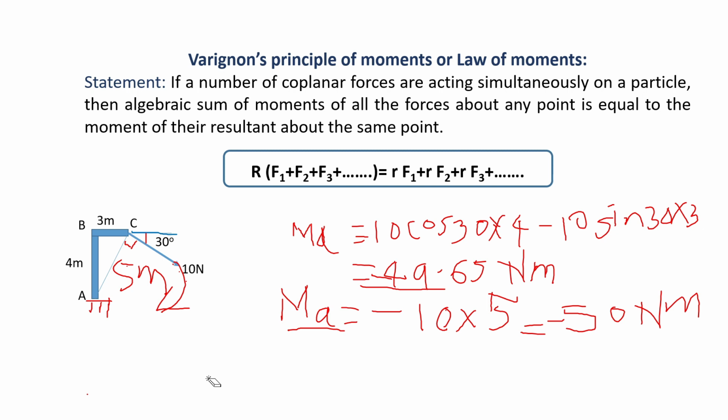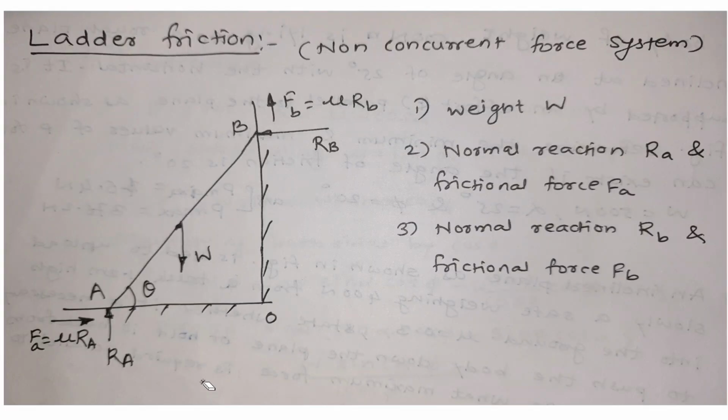Then let us see the next topic, that is ladder friction. Now this is again a very common example. Ladder, it is in our day to day life we use a ladder, and we often forget to apply whatever part we have studied in our day to day life. Now next time when you interact with a ladder, keep the reactions in mind. So here the reactions are like this. Suppose AB is a ladder of a particular length. Its weight is W. So it will act towards its center of gravity.